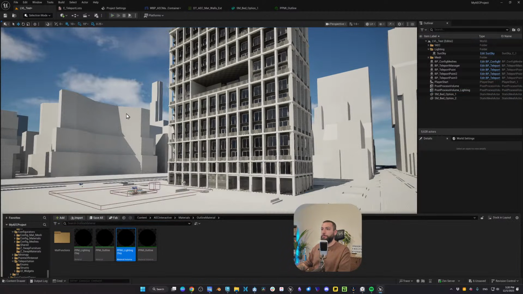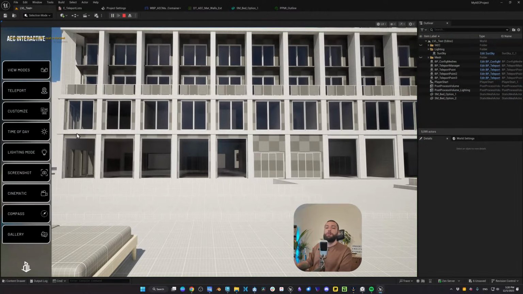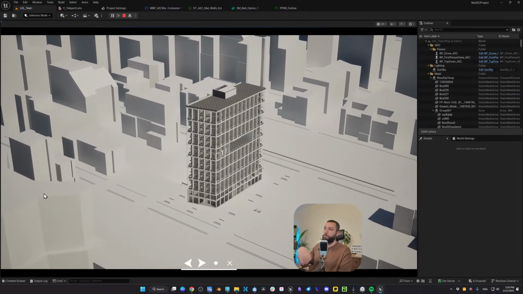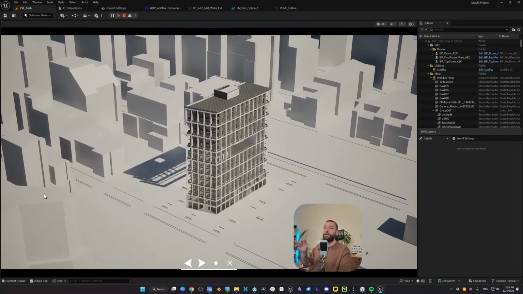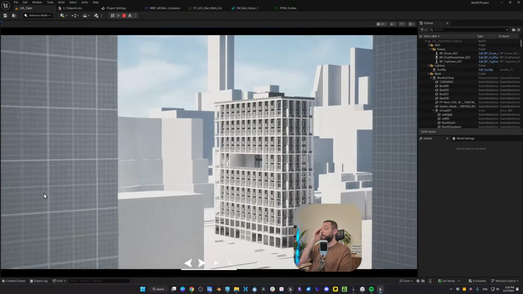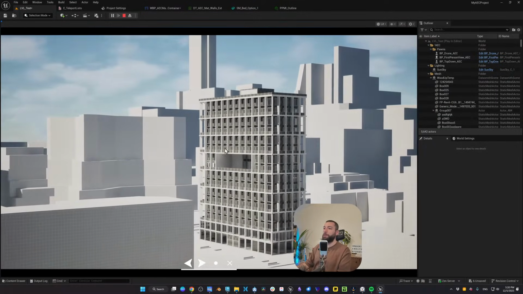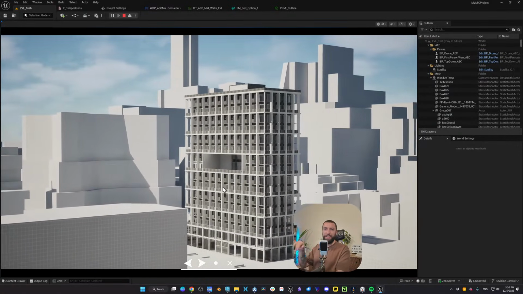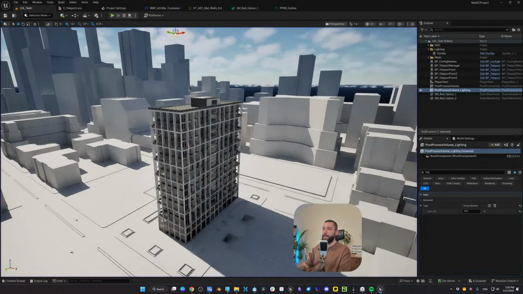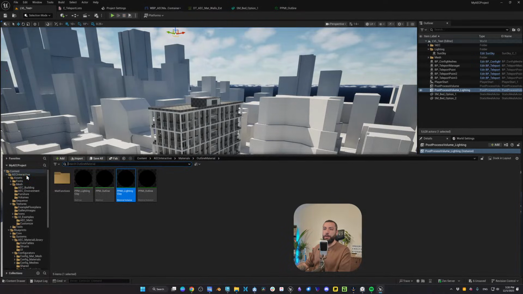What else? Screenshot, we discussed it. Cinematic, it will use the cinematic that I have with the level, which is a cinematic you can set up. And you will find the detailed lesson on this. It's very easy, actually. So in the cinematic, what we have is a level sequence. So this sequence, let's just search for it.